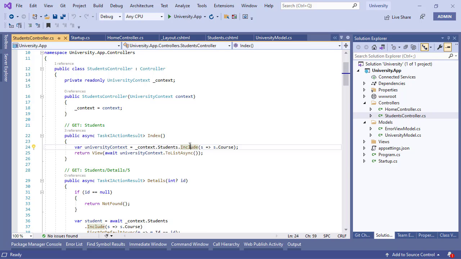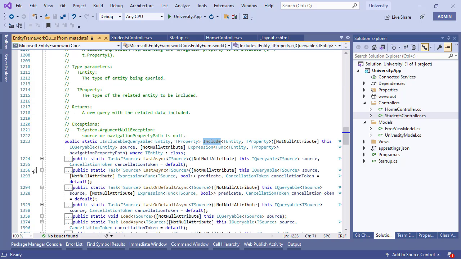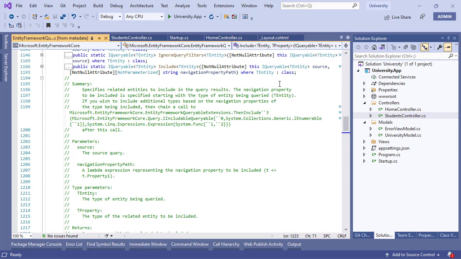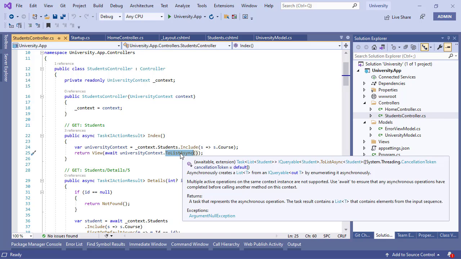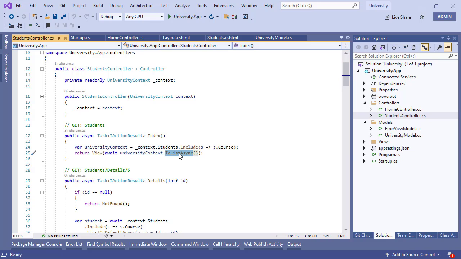Now, the Include code says that the navigation property to be included is specified starting with the type and entity being queried. So when we are requesting a copy of student, it is also getting a copy of the course data. So with this included, it is going to have a university context. This name could have been different, and then it is doing ToListAsync, right? Because database read is a slow operation,